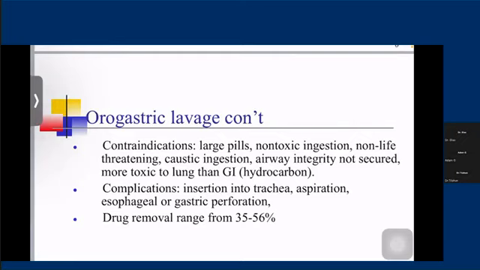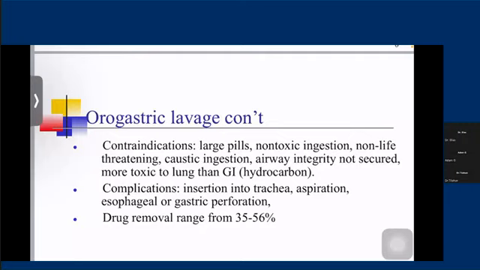And a patient with a compromised airway, especially a patient with low GCS who is unable to protect the airway, it is better to avoid lavage because that can cause aspiration and hypoxia, and the patient can die of type 1 respiratory failure. Hydrocarbon is also one of the contraindications because when we lavage a patient who took hydrocarbon, that can cause injuries to the airways, so it's better to avoid.